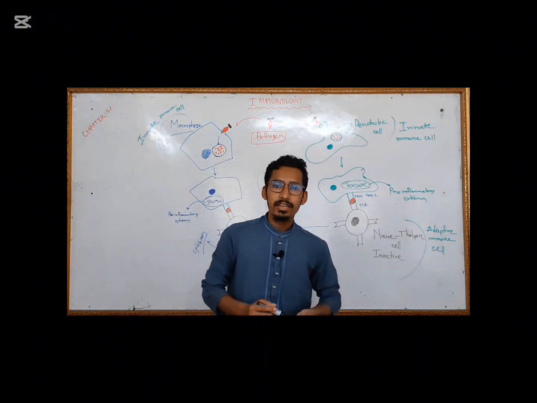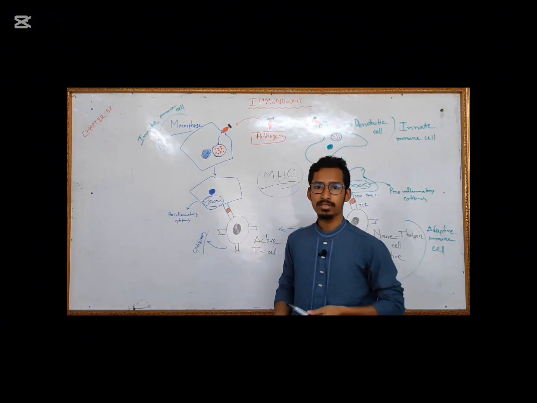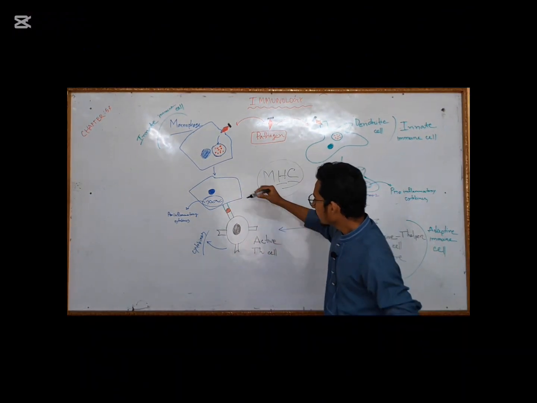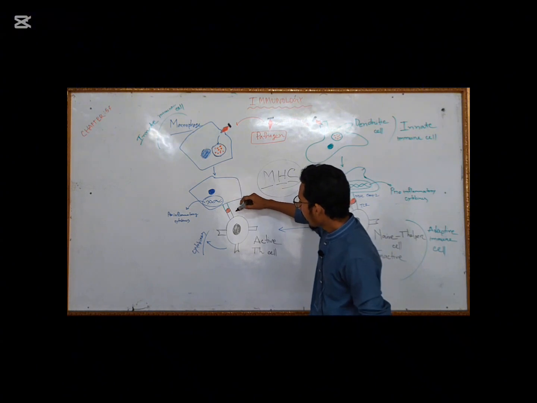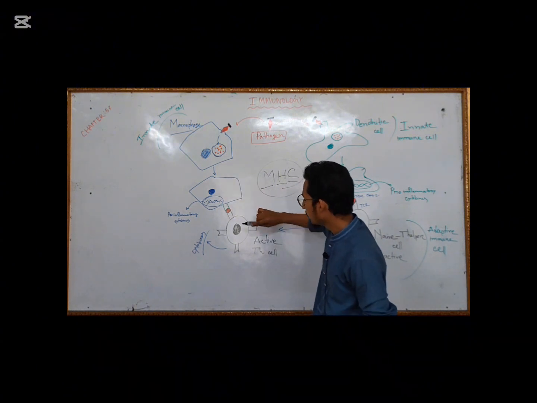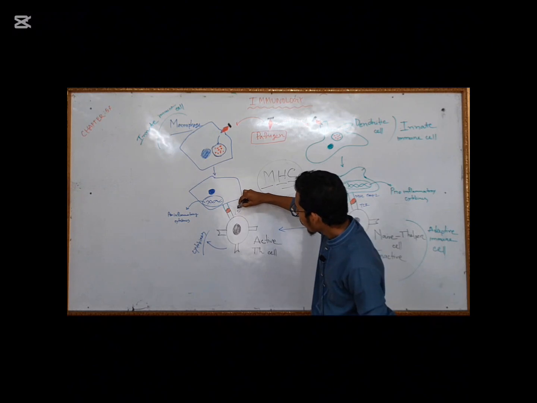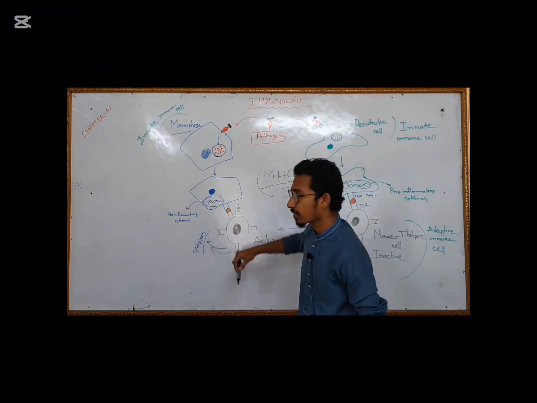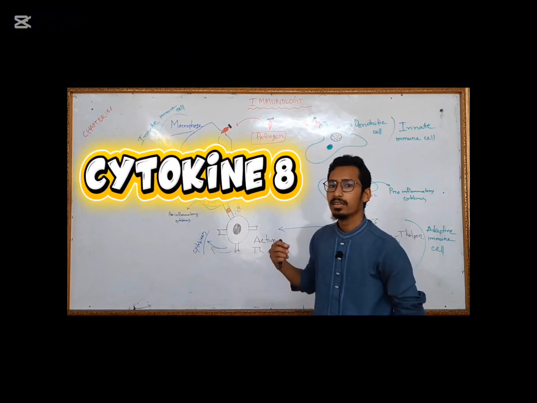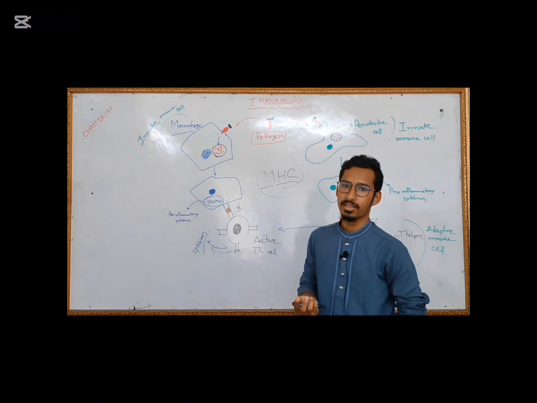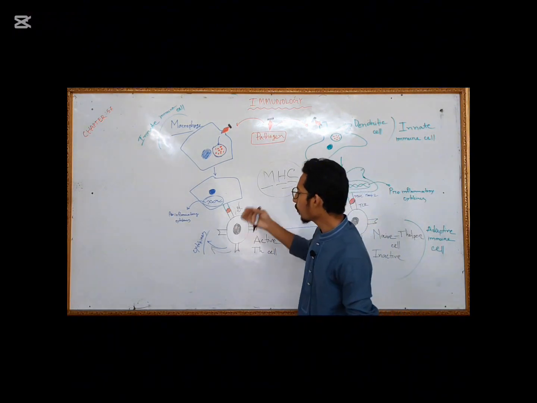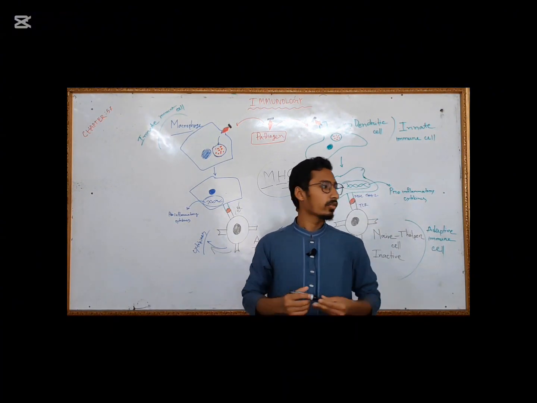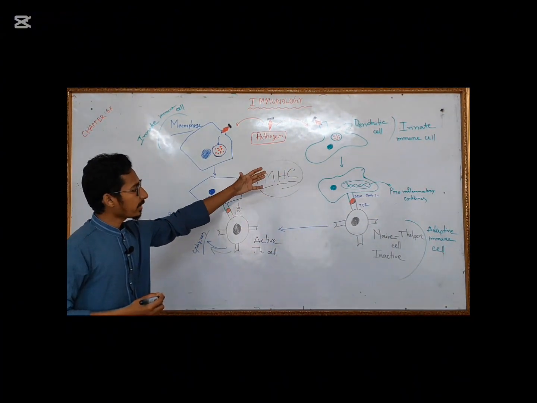This T cell then goes to the peripheral tissue where inflammation occurs and where macrophages engulf the pathogen. Then the T cell goes to the macrophage and a complex is formed between the T cell receptor and the macrophage. Then the T cell releases some cytokines, which enhance the activity of the macrophage. This will activate and further enhance the inflammation and protection of our body. So this is the relation between innate immune cells and adaptive immune cells.